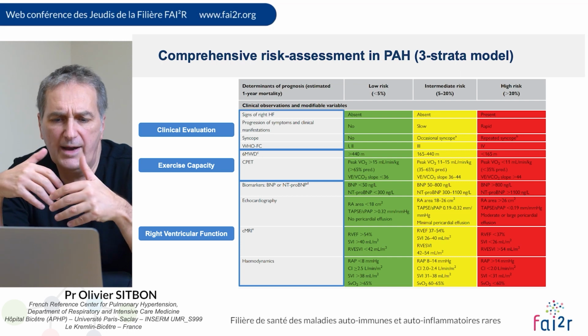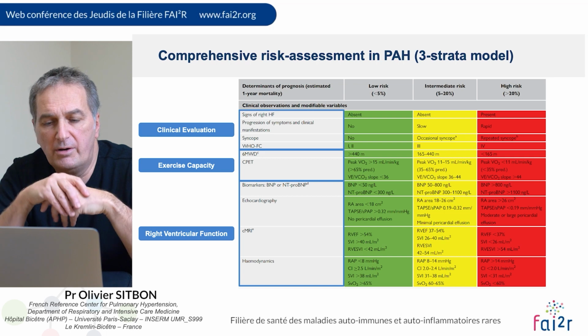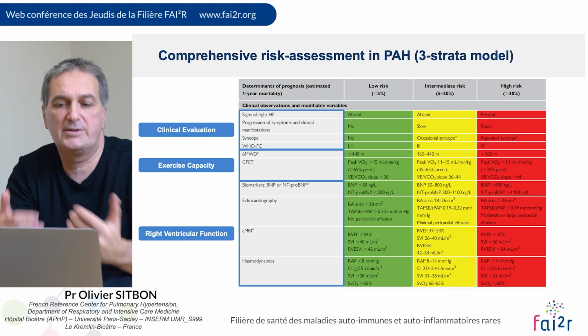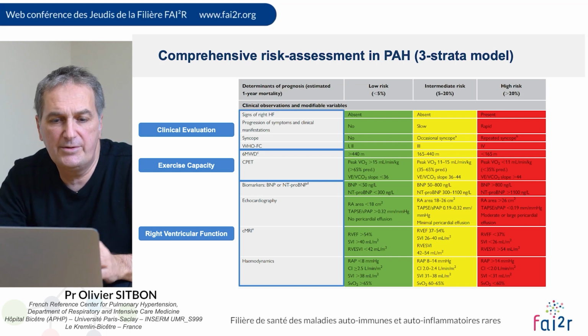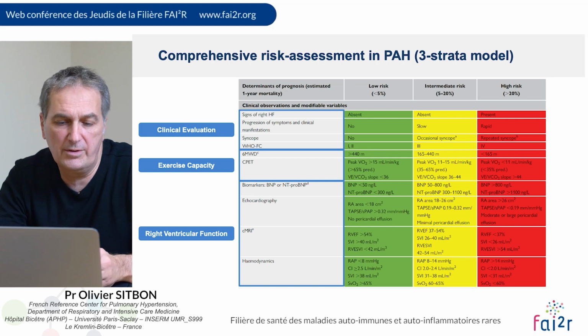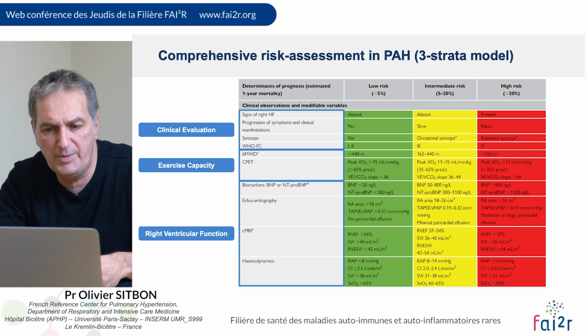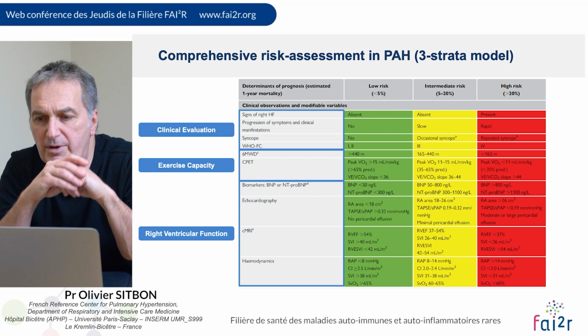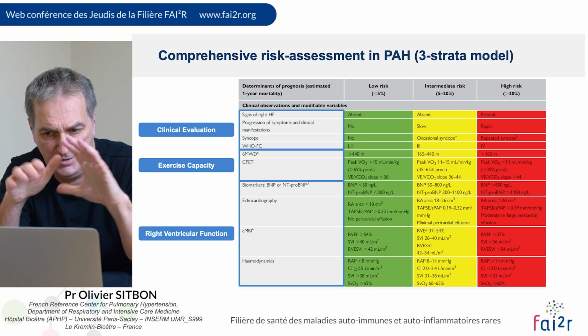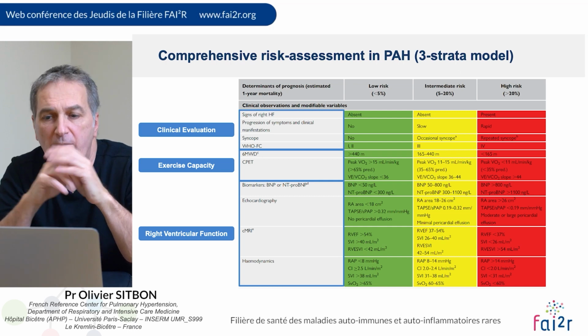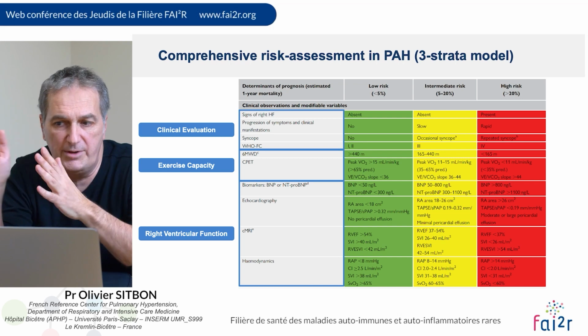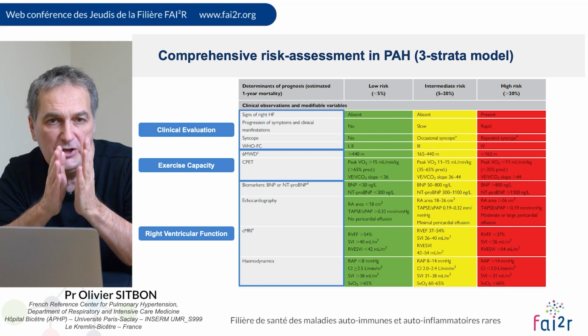In particular, we added information on MRI. We also had some other parameters on echo or also on hemodynamics, and we changed a bit the threshold of BNP or NT-proBNP. But the philosophy is the same. We have 3 strata: low risk, intermediate risk, high risk, and for each variable